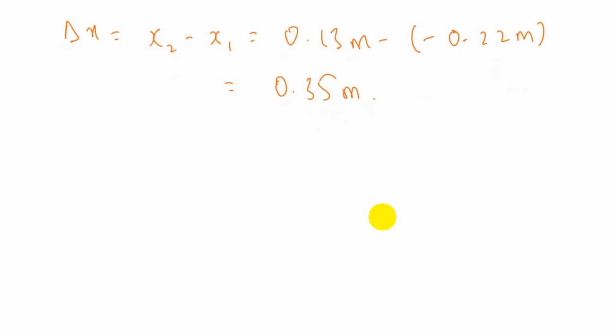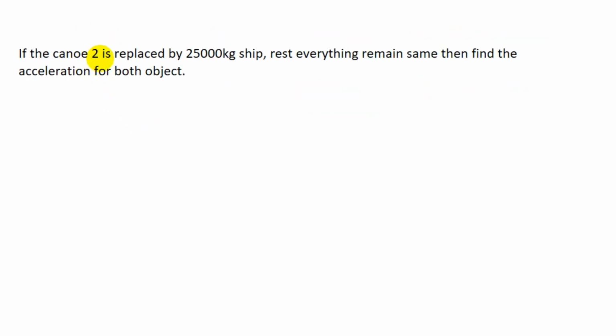Now I'm making a small change to the example we discussed. The change is that canoe 2 is replaced by a 25,000 kg ship and everything else remains the same. Then we have to find the acceleration for both objects, and you have to do this question on your own